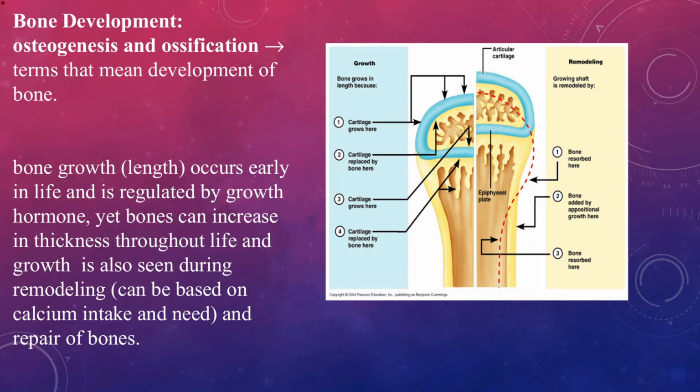So bone can grow in length, and that typically is genetically predetermined unless you have some kind of pituitary issue, like giantism, where they just keep releasing a ton of growth hormone, for example. But for the average person, your height is already genetically predetermined, and your bones are only going to grow to a certain length, right? The thickness of bone, of course, there can be a pituitary issue there where you get abnormal thickening, but thickening of bone can happen throughout life,